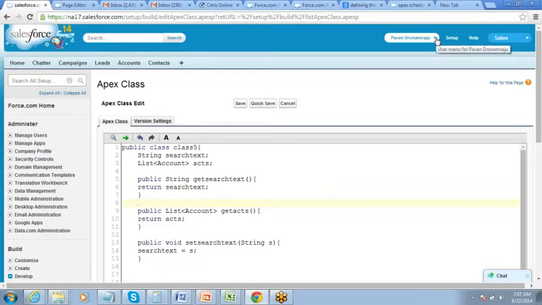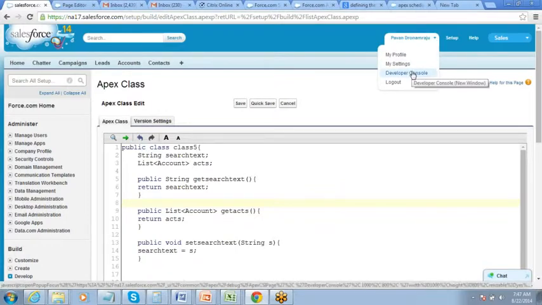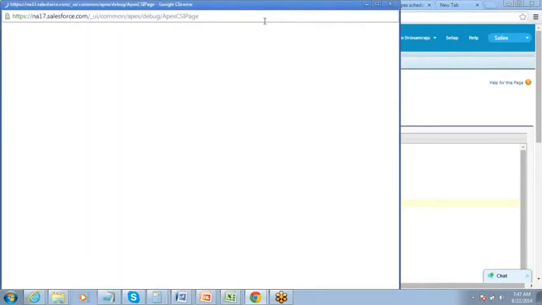Where do you find the developer console? It is here. If you click on your name, you will see developer console. Okay, it opens in a new window.